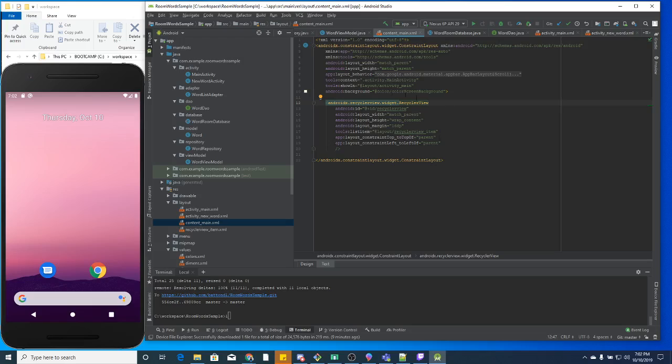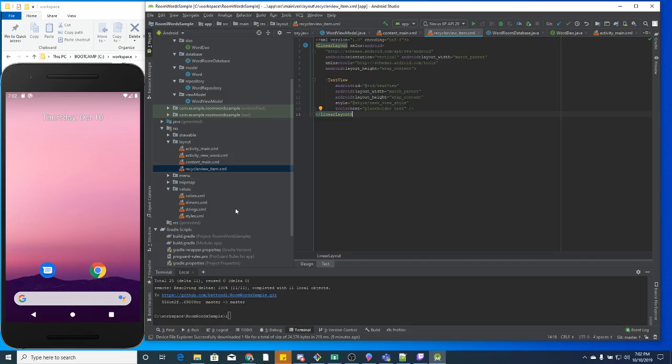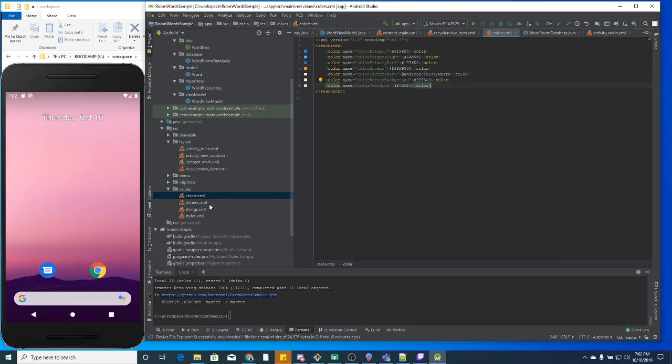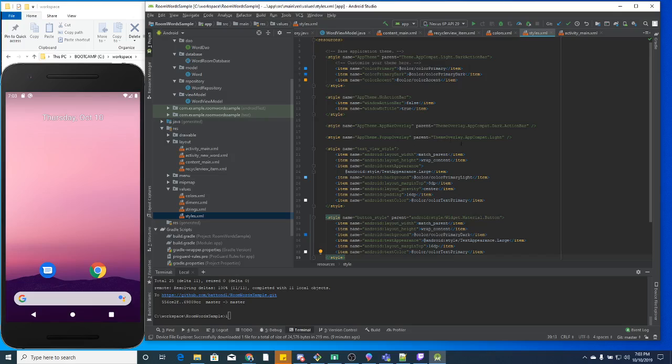Our content main is going to basically list out that recycler view, and our recycler view is right here. So that's showing us what the layout is going to be. And for other resources, we've got some colors that we set for our styling, and we've got some styles right here that we've applied. So we're going to run this now,